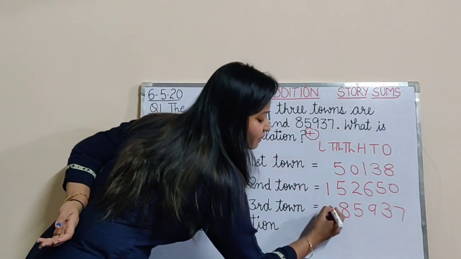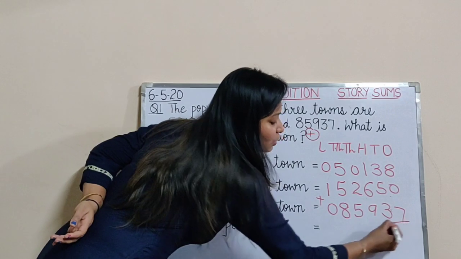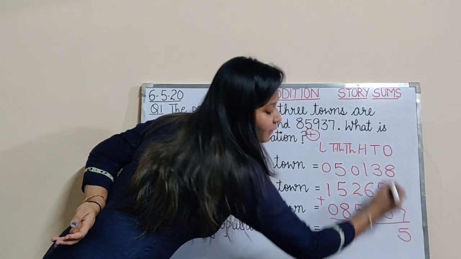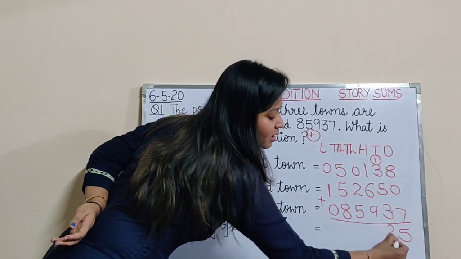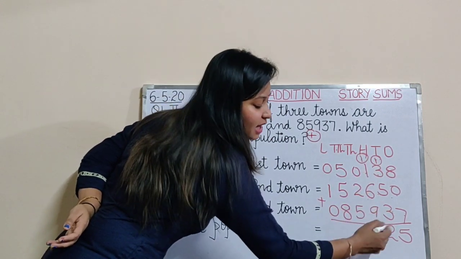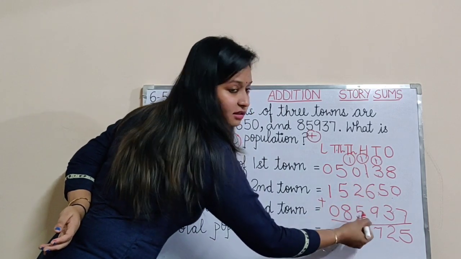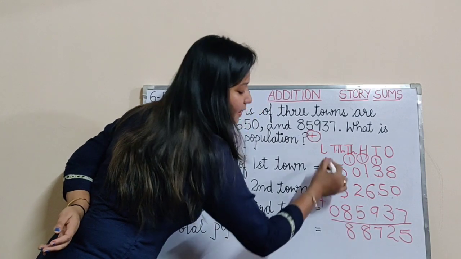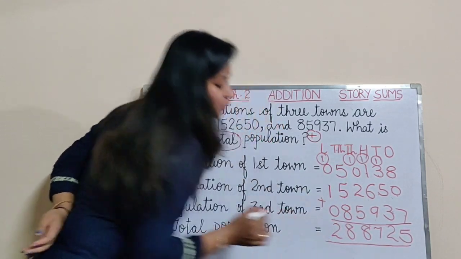So what is the total population? For total population we need to do plus, and here are no numbers, so we will put 0. So let's add these now. 8 plus 0 plus 7 is 15. 5 here, 1 carry. 1 plus 3 is 4. 4 plus 5, 9 and 9 plus 3 is 12. 2, again 1 carry. 1 plus 1, 2. 2 plus 6, 8 and 8 plus 9, 17. 1 plus 2 is 3. 3 plus 5 is 8. Here 5 plus 5, 10. 10 plus 8, 18. And 1 plus 1 is 2. So now this is the total population.